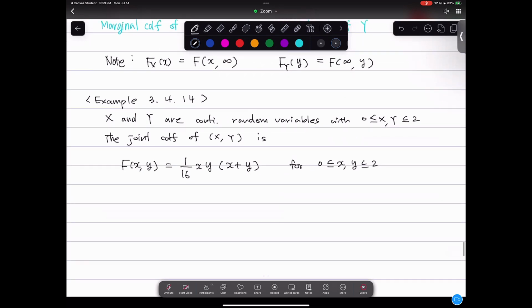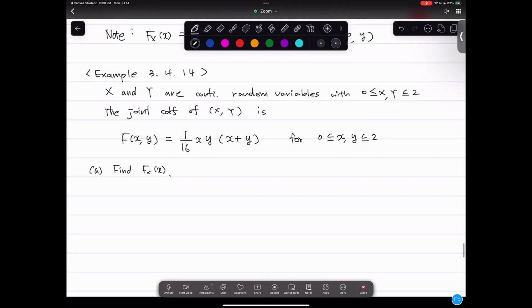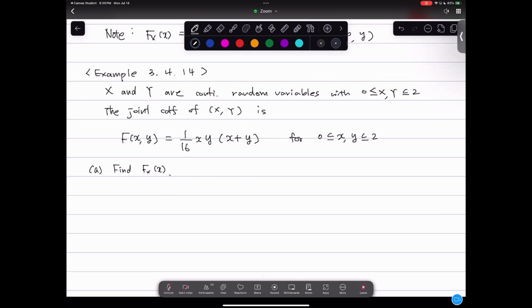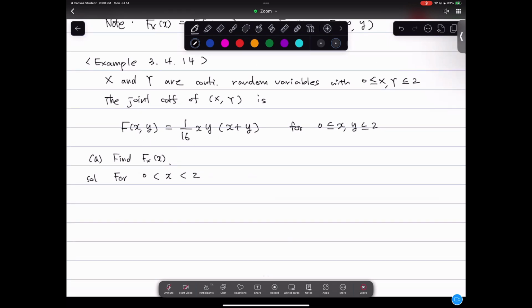So anyway, let's find the marginal. Find F of x, the marginal CDF of x. For only x values from 0 to 2, that's what I'm interested in. Below 0, there's no probability. Anyway, from 0 to 2, your F of x,